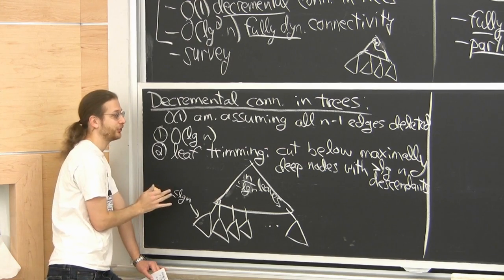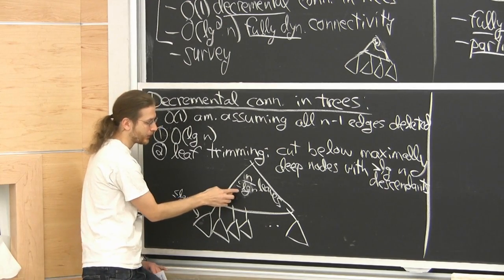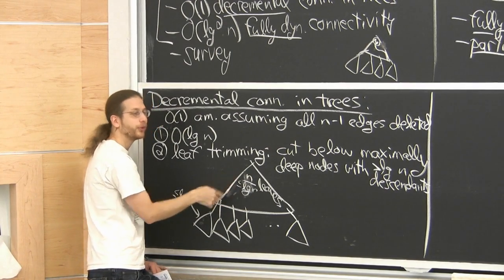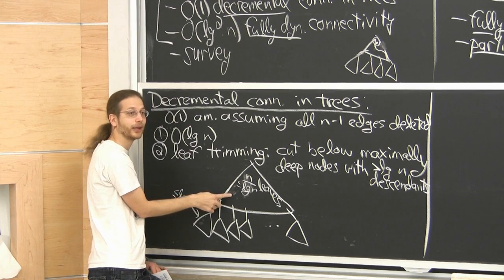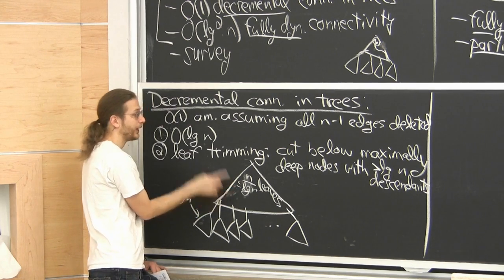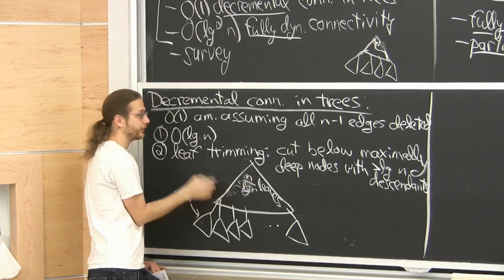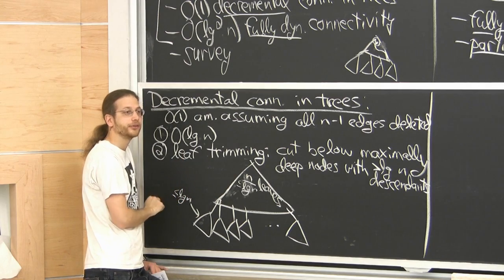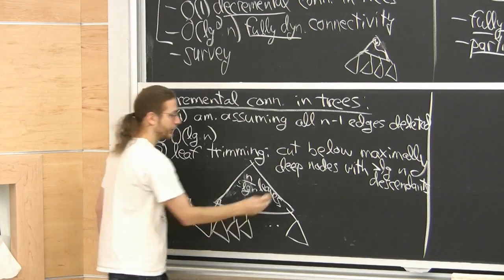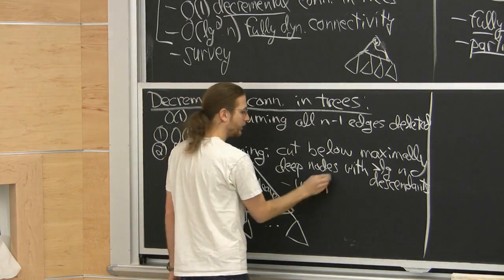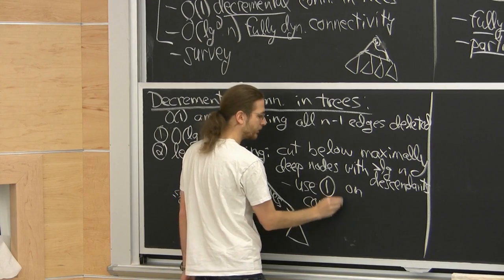So it's not a space issue that we're trying to save. It's a time issue, so a little different from the past. There are only n over log n times that you can destroy a path up here, because there's only n over log n paths. Each time you destroy a path, I do an operation up here, I pay log n. But if the total number of operations is n over log n, total cost is linear, so constant amortized against the future. So I'm going to use structure 1 on the compressed top tree.